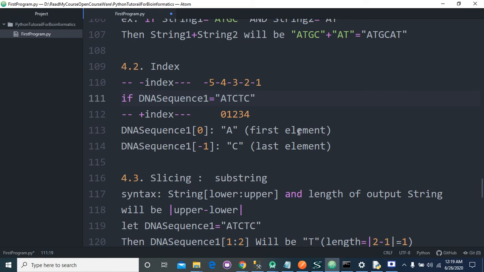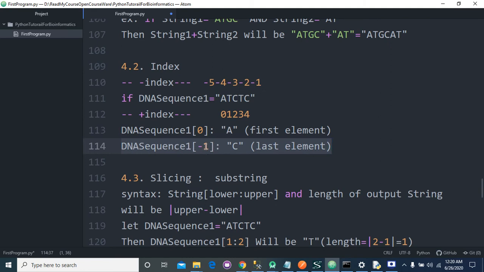Now, if we want to find the first element, what code will we write? If we have DNA sequence 1 equal to ATCTC, then DNA sequence 1 of 0 will give the first element, and the first element is A. Similarly, if you want to find the last element, we will use -1.